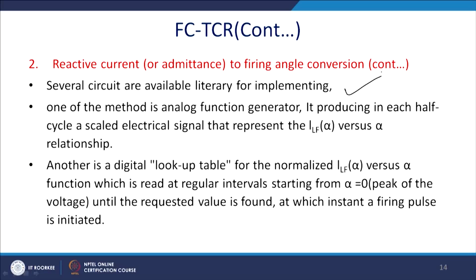One of the methods is basically the analog function generator. It will produce the half cycle scaled electrical signal represented by IFL(alpha), and ultimately you can calculate the alpha. Others use a digital lookup table for the normalized value of IFL versus alpha at regular intervals, starting from alpha equal to 0 to alpha equal to 180 degree, until the requested value is found. It will be searching, and at that instant the firing pulse is